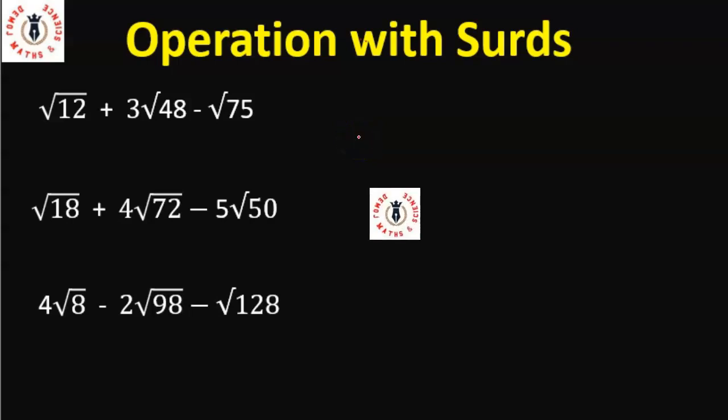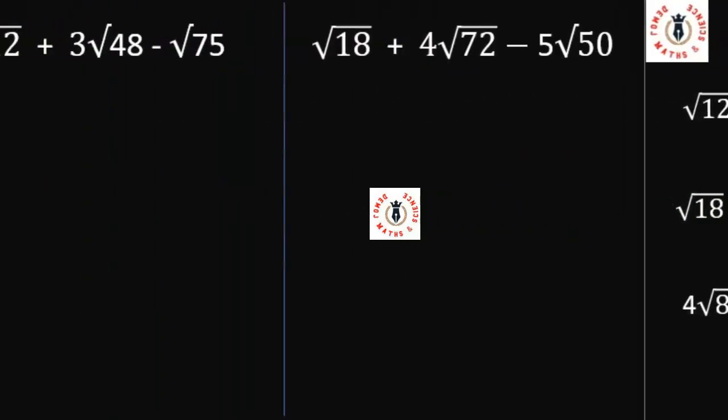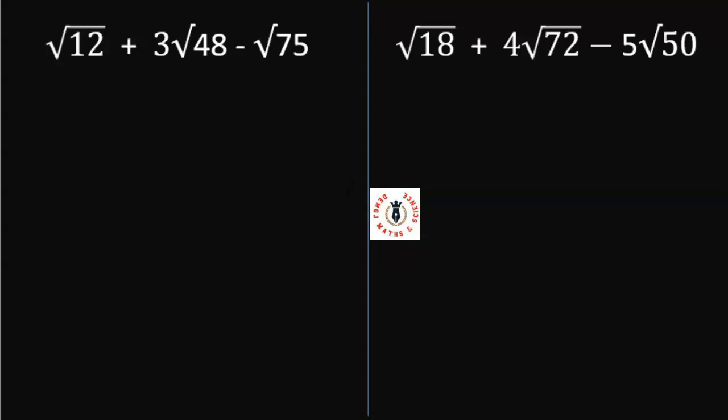In this lesson, we will see operation with surds. We will use these three examples to illustrate how to perform operation with surds. We will see addition and also see subtraction of surds. So let's get started. The first question is root 12 plus 3 root 48